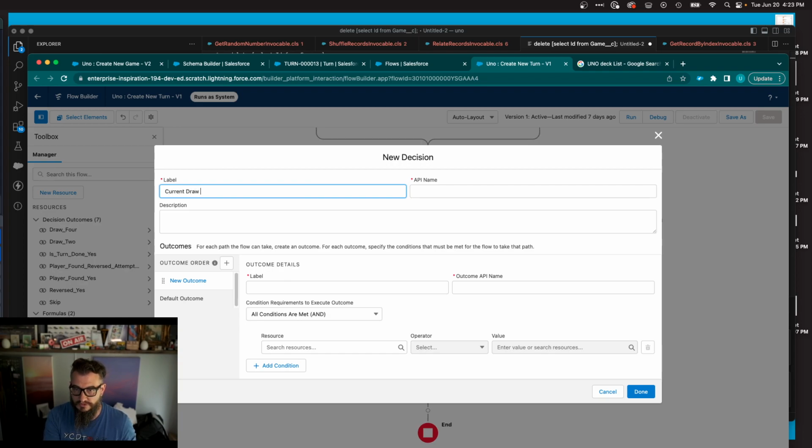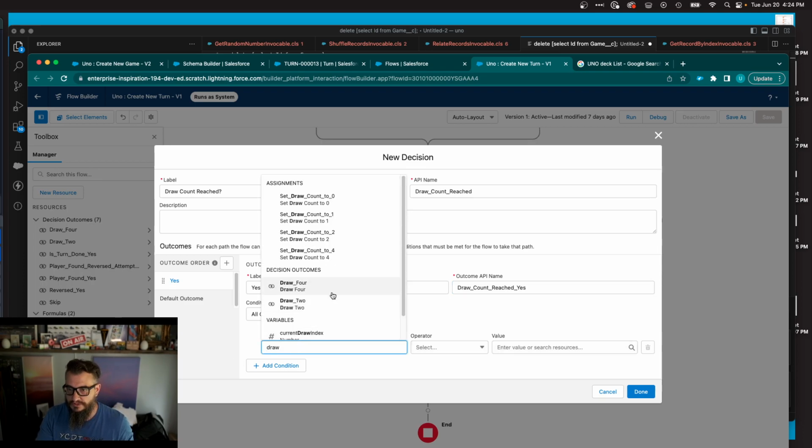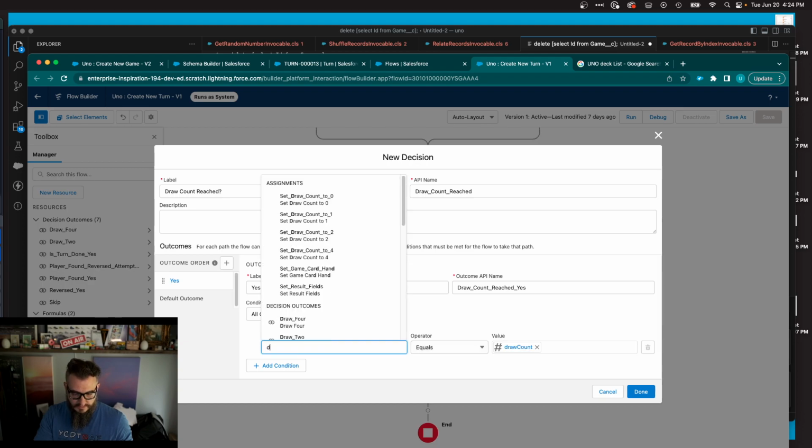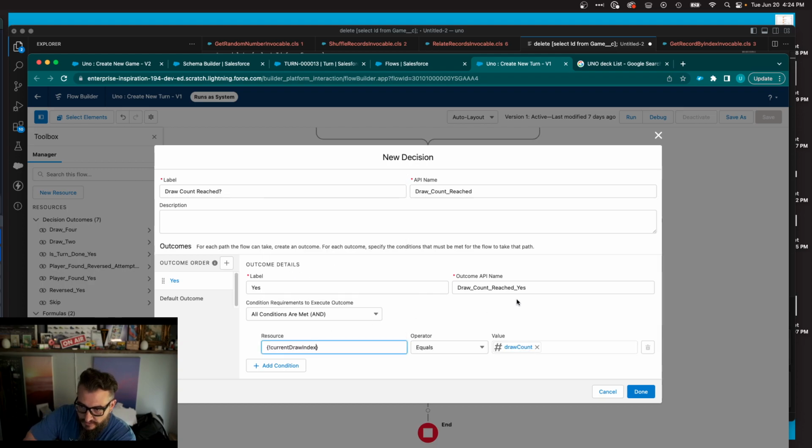Current draw, let's see, draw count reached, question mark. Yes. Draw count is reached when draw count, I should say this is draw count, right? Current draw index equals